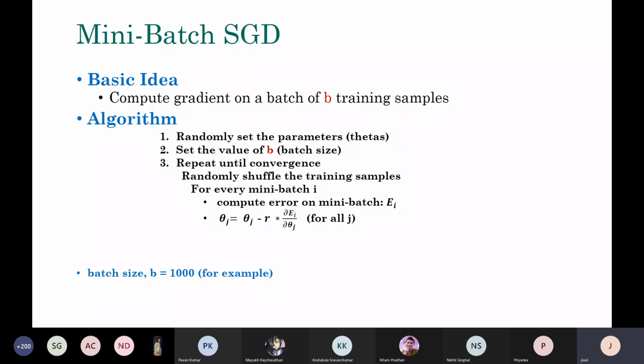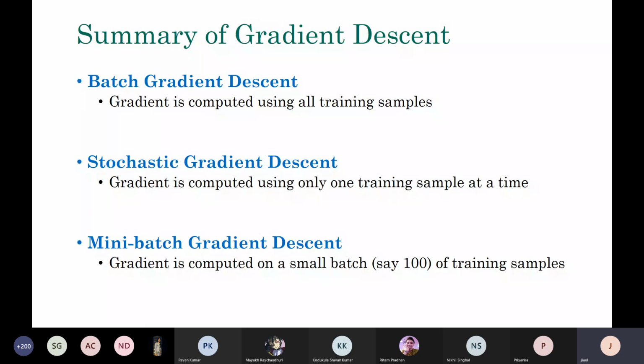Typically, batch size is not something that you can determine very nicely. It depends on the data, the task, and everything, so it is basically trial and error. Let me put up a summary slide of what we have done so far. Three possible things that we talked about: batch gradient descent, stochastic gradient descent, and mini batch gradient descent. People also call mini batch gradient descent stochastic gradient descent, and the standard one is the one element stochastic gradient descent. So there are several names for it.